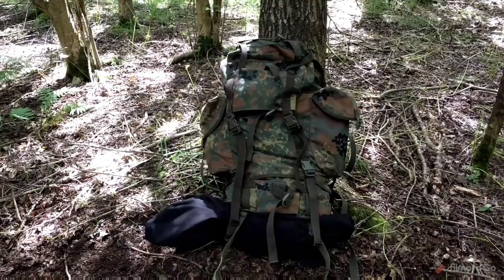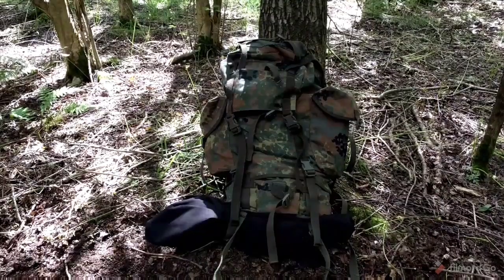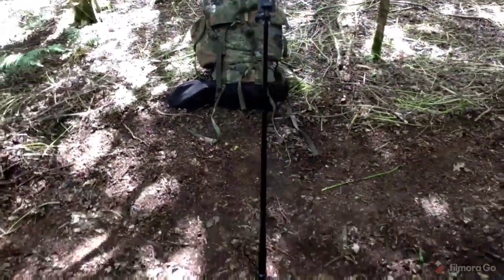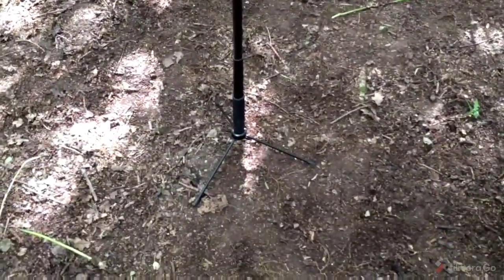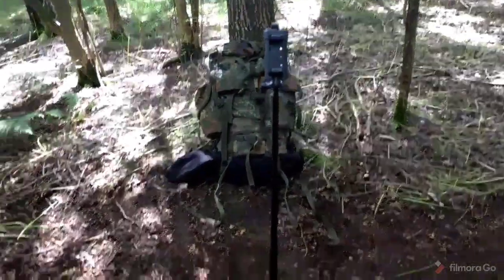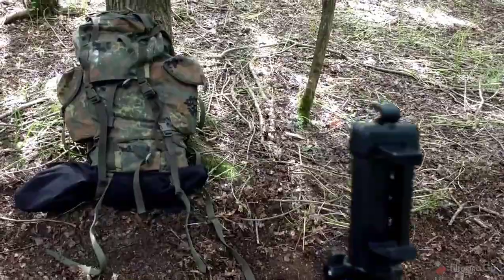So that's the tripod set up. It's the first time I've had it out. The wind looks like it's blowing around a little bit. I'll take the camera off the clip so you can see it. So that's just the tripod bit, and then you've got this long extension. It's more of a selfie stick than an actual tripod. So it will move around a little bit, but